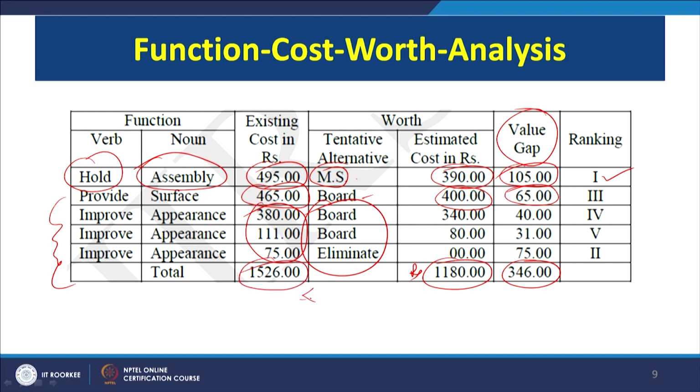So definitely there is a difference between the two, and the difference being 346.00. Which means that the current design, without compromising the performance of the product, has the potential to save certain cost, certain elements of cost by changing to alternative materials, changing to alternative designs, changing the thickness of the gauge. So basically we say a change can always lead to better results.